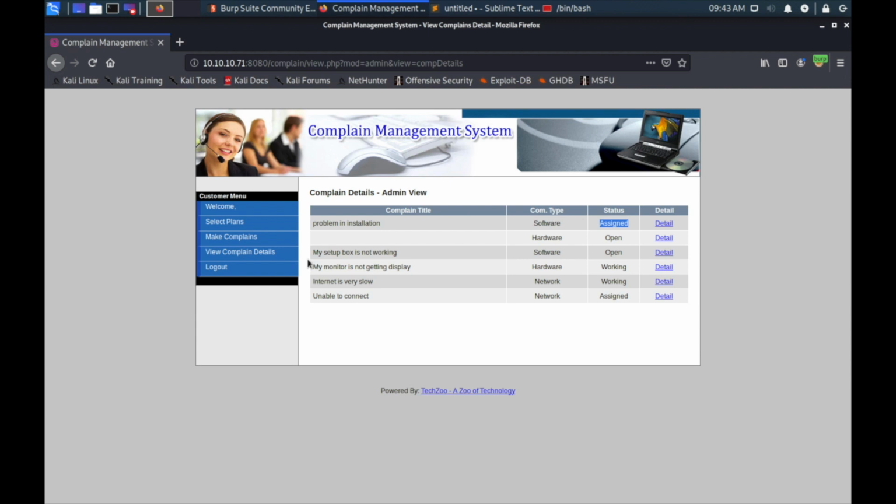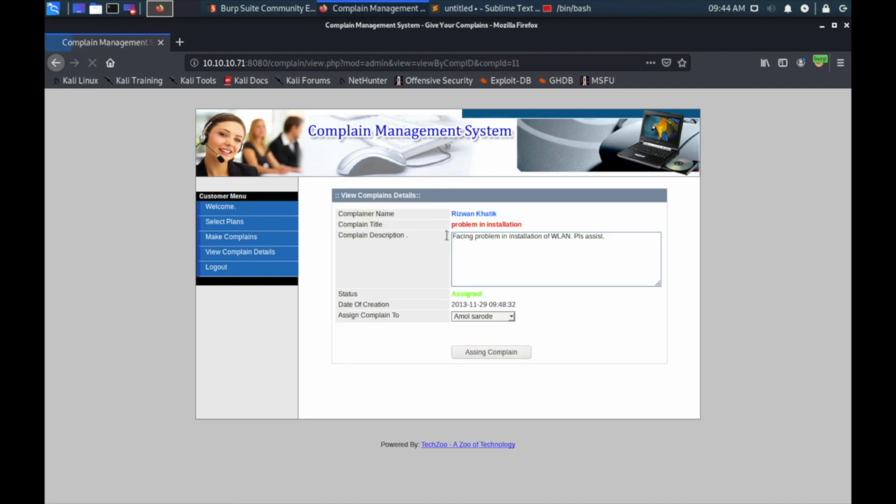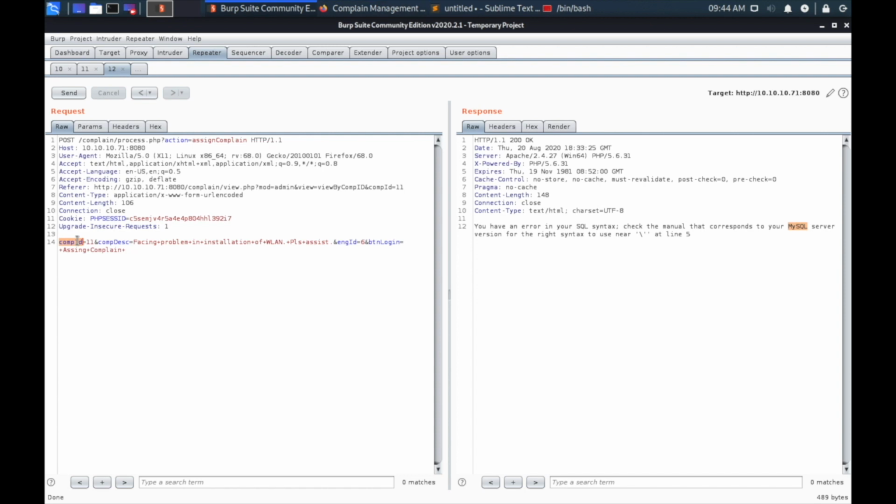Hi everyone, so in this example we will see how to exploit a SQL injection vulnerability using probably one of the most common tools, which is SQLMap. I'm using Rabbit from HackTheBugs for this example, and I already detected the vulnerability by doing the basic enumeration. In this complaint page, when you're trying to assign a complaint, you see that the comp ID parameter is vulnerable to SQL injection. If you include one single quote, it gives you this error message saying there is an error in your